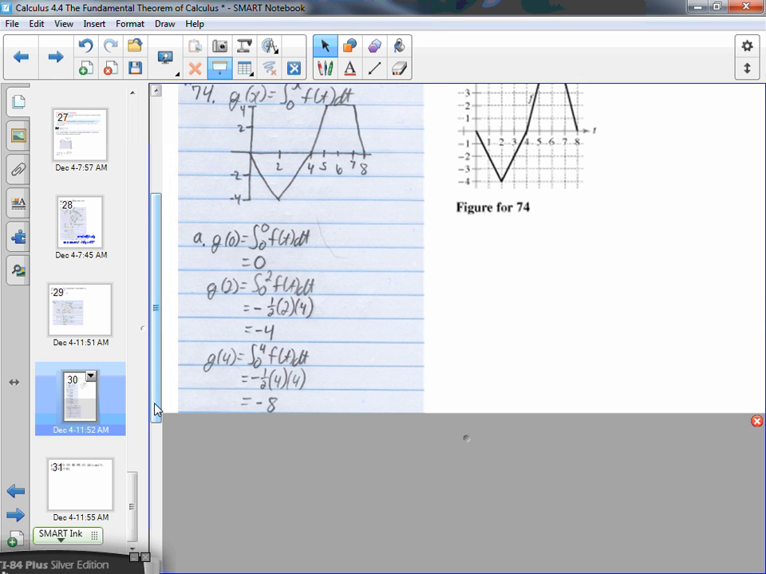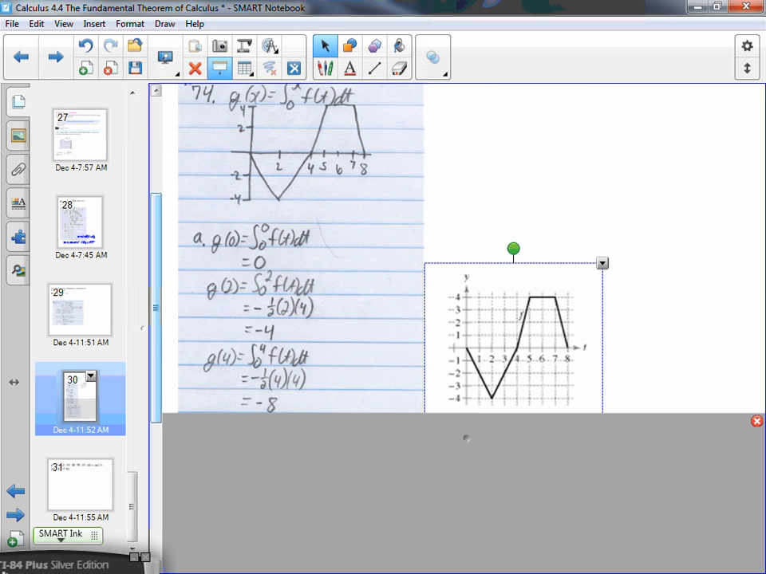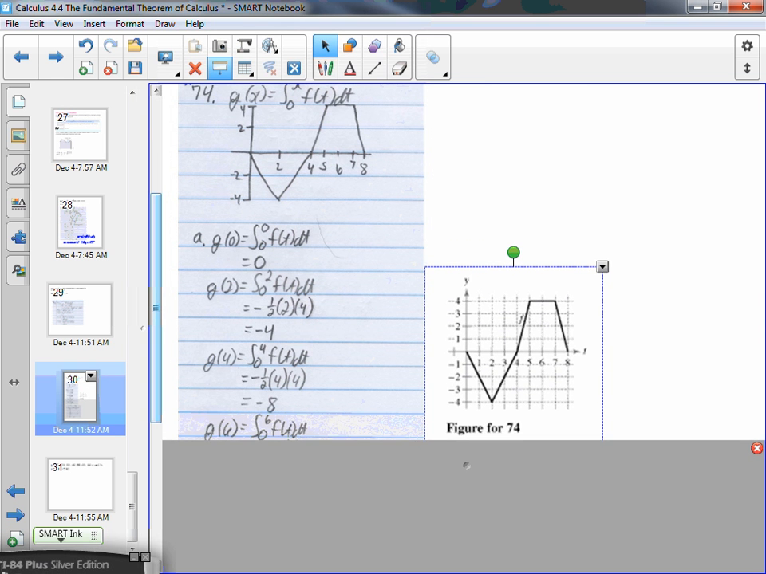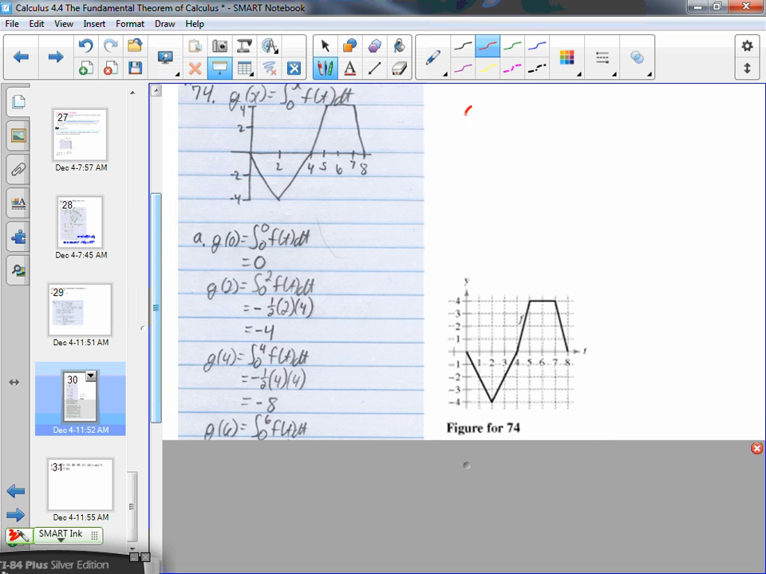All right. Next, we find the integral from 0 to 6. Now, can't we divide our definite integral up into any integrals we want? Any of them that are useful to us? So let's think of this as the integral from 0 to 4 plus the integral from 4 to 6. We know what the integral from 0 to 4 is. It's negative 8. So we just have to figure out